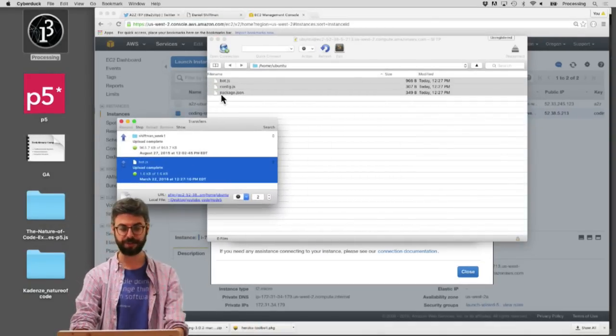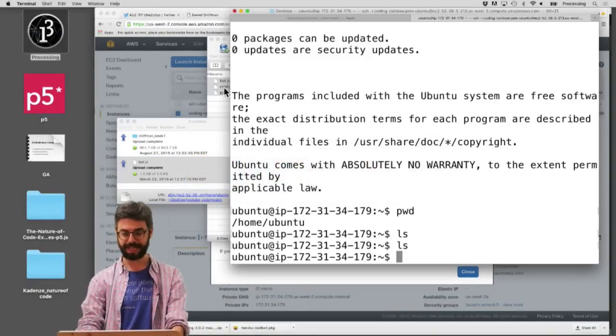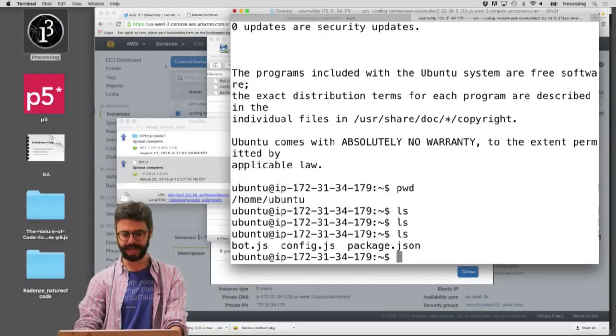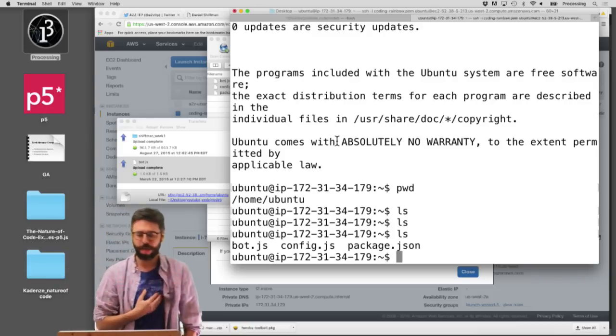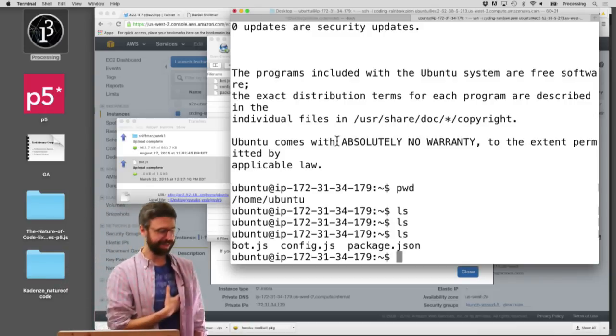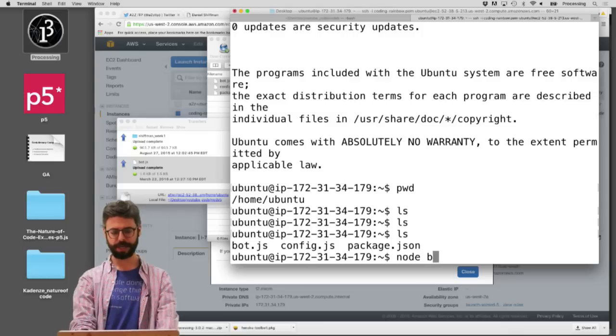I can see that those files are listed here right now. And now I can go back here, and I can say ls, and you can see those files are there. Yay! These things are working. So now, running out of breath here, now I can type in node, and you know this is going to